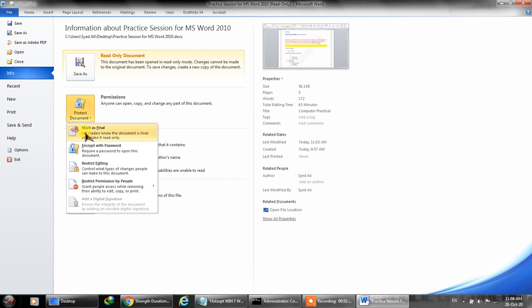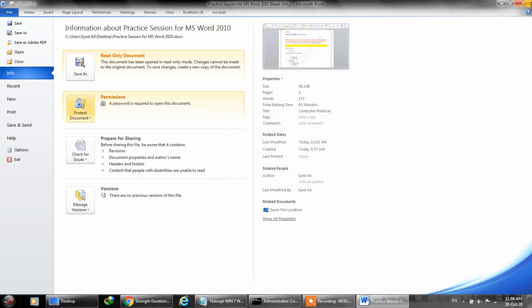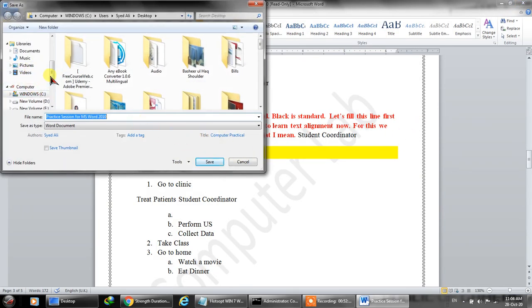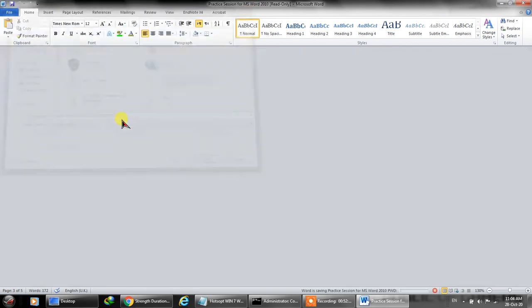I've written a book, I've spent, let's say, one whole year formatting that book, because these books are all written in Microsoft Word. So encrypt it with password. Let's say I've entered 1 2 3 4 5 for this file, click OK, 1 2 3 4 5 again and click OK, and now this is password protected, and I'll click save on the desktop as PWD. This is for password.